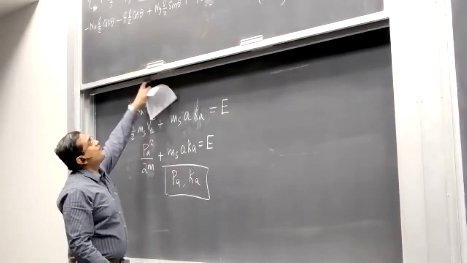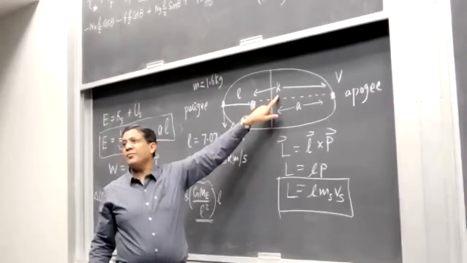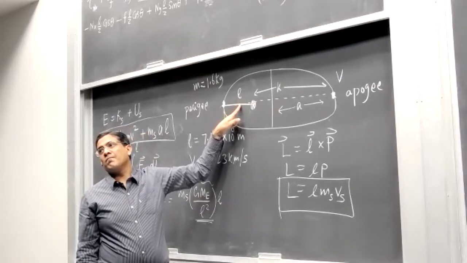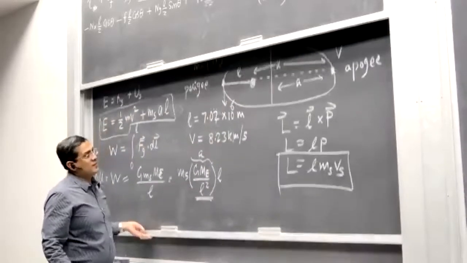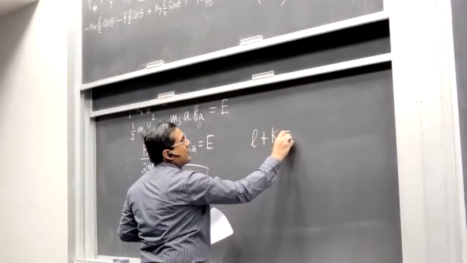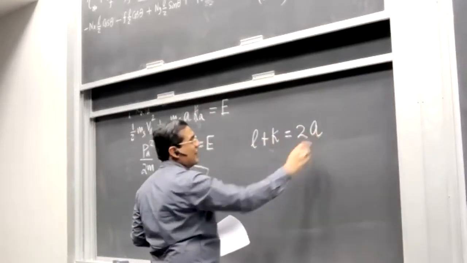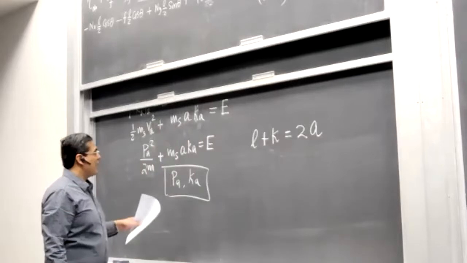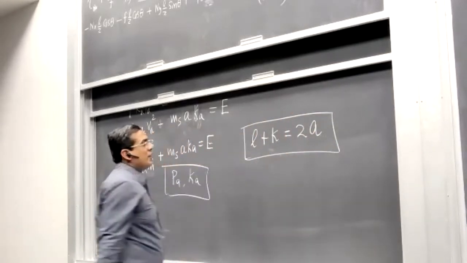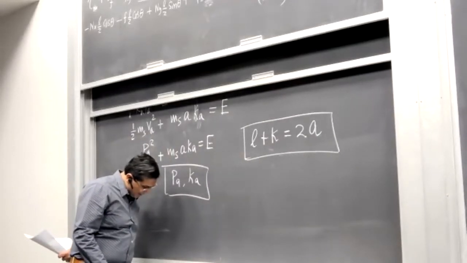So by now, we know Ka and we know L, okay? And that is equal to 2A. So from here, you can calculate A from L plus K, and just don't confuse this. A is the length of the semi-major axis, okay? Don't confuse it with the acceleration. So from here, you can calculate A and determine its